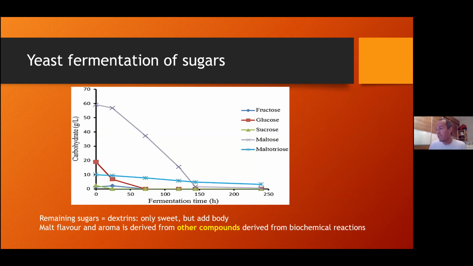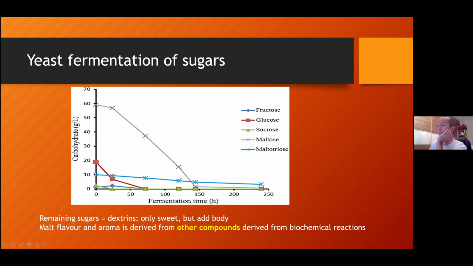Okay, so here's a little graph of how yeast ferments, and this is a typical fermentation. Different yeasts differ, as I was saying, but you'll usually find after about 3 days, all your glucose is gone, all your fructose is gone, and your maltose takes about 4 to 6 days to finish. I would say it's usually a bit quicker. Your maltotriose, some yeast ferment it, some will touch it a bit, some will not touch it at all, and the dextrins, not at all.